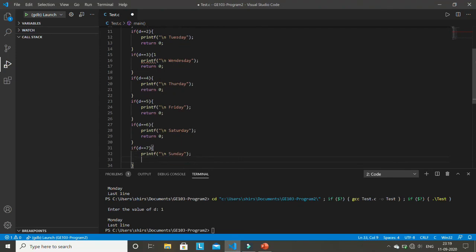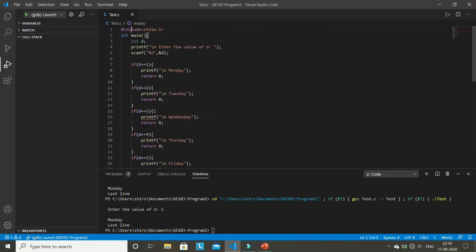The last line was not my requirement. It was only to explain to you all. So I'm deleting this. So now if I run this code